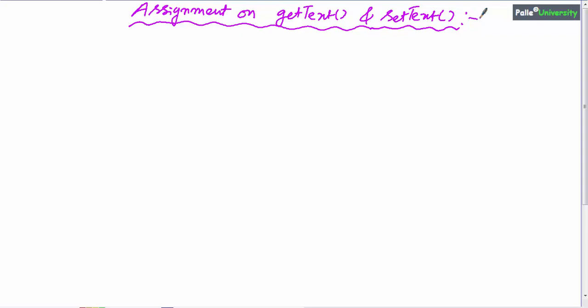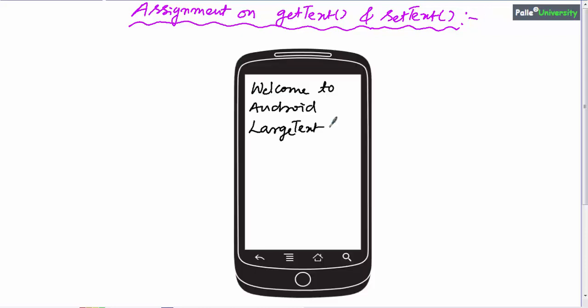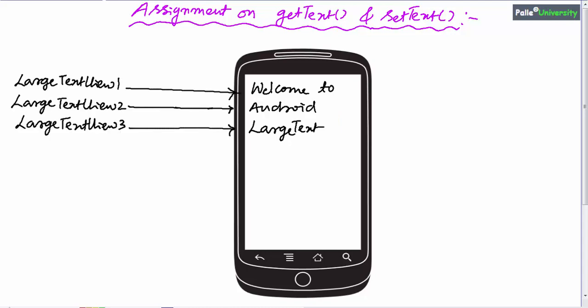In this session, we will try to do one assignment based on getText and setText method. Now, I will explain the requirement. The requirement is, in your screen design, you have to take a total of 3 large text views using the drag and drop GUI toolkit. Now, for the first text view, you have to apply a text, welcome to, through XML file, and